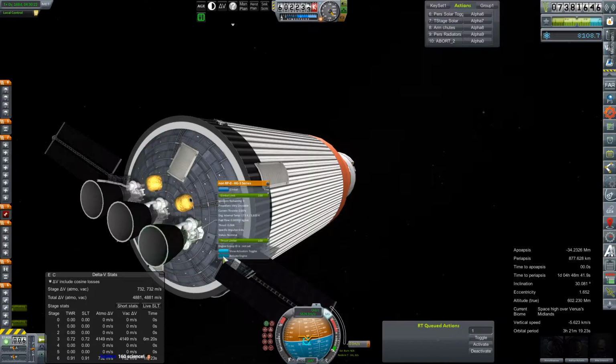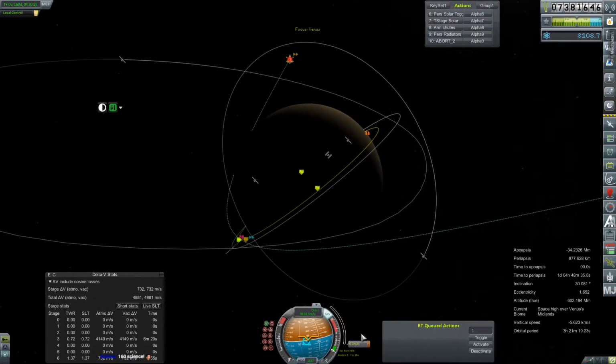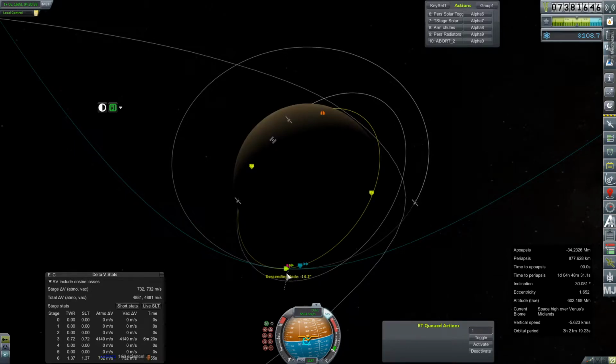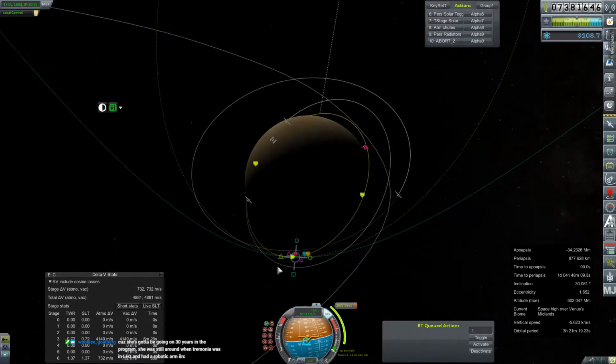Because when it comes to propulsive capture, you might as well do it quickly. Alright, so let's set up our node. We can get rid of that one. We're just going to go ahead and make it at our descending node, because why not? So we will make sure that we have a solid approach onto Venus, and then get our capture burn set